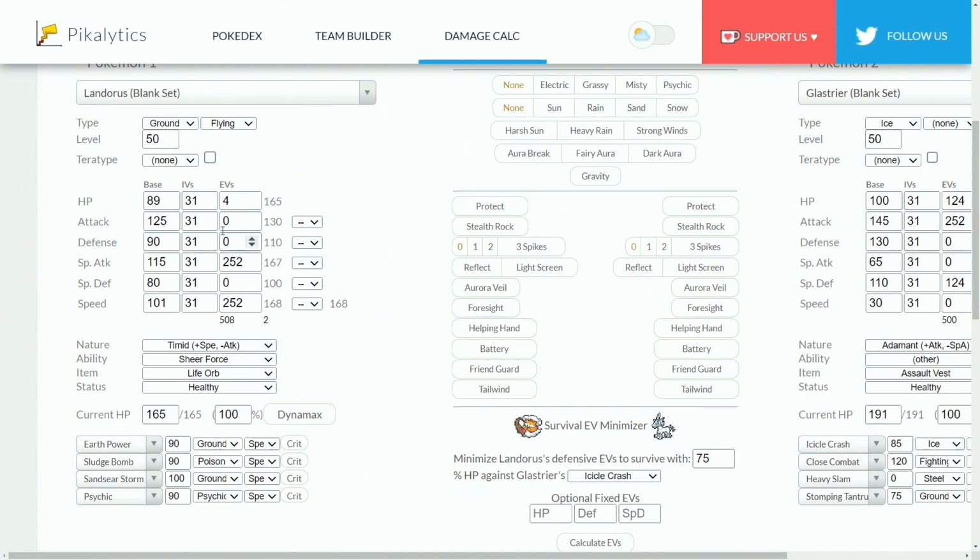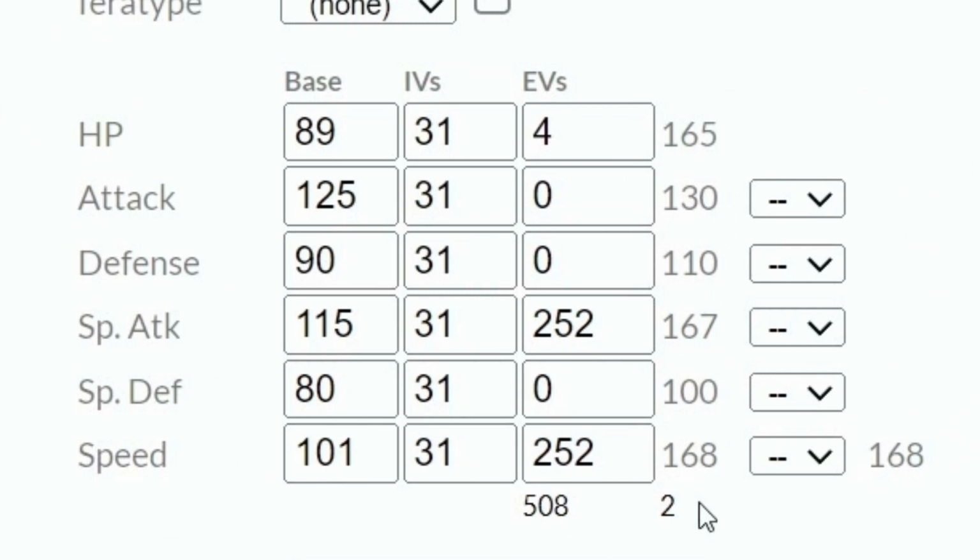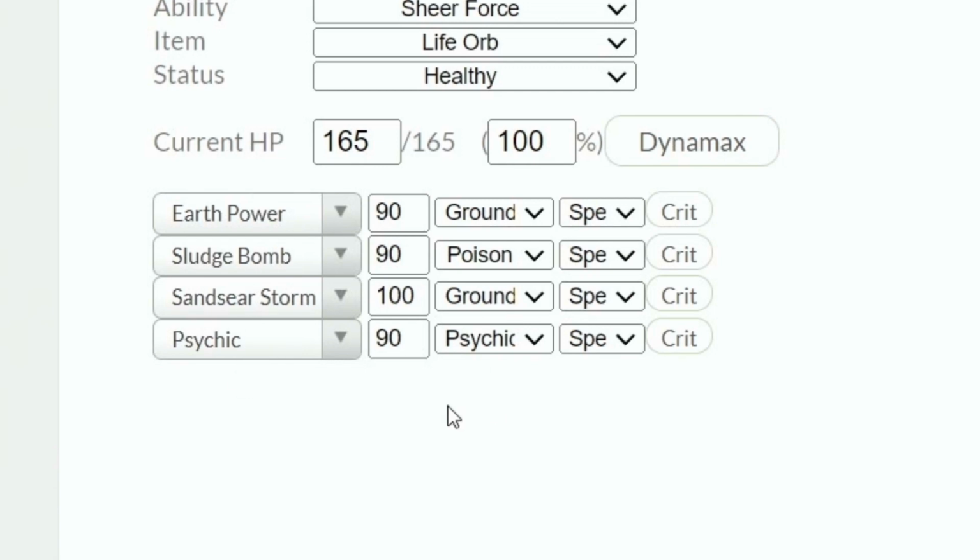Now there's probably some sets that people run that have a little bit extra bulk scattered around, but generally this is close to what you can expect out of this type of Landorus. And this is the moveset that I think would make a lot of sense too. You don't have to run Terra Blast on this if you don't need the flying type offense, and you won't get the Sheer Force bonus. So all of these moves get the Sheer Force bonus,